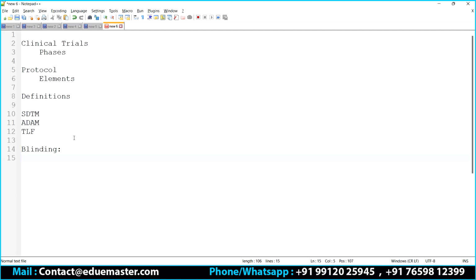Blinding or masking is nothing but what information we are actually not disclosing to the people. If we are disclosing everything to everyone, because we have three different entities involved, what are they? Subject, which is nothing but the patient. Then we have the investigator. Finally, we have the team who is preparing all your data and analyzing the data.